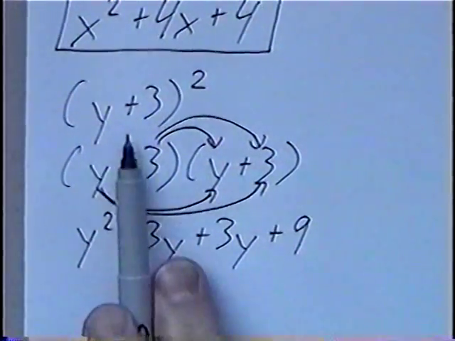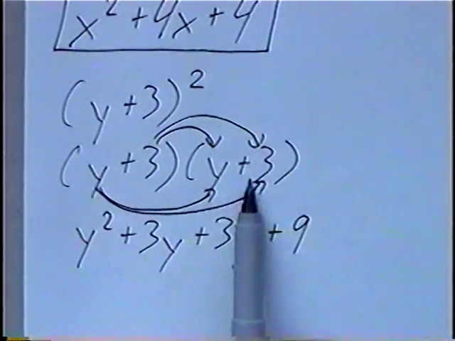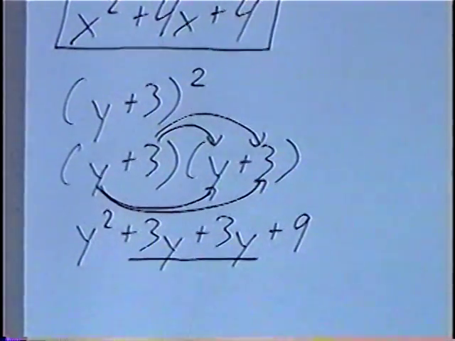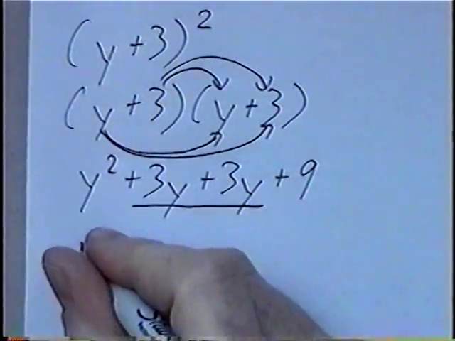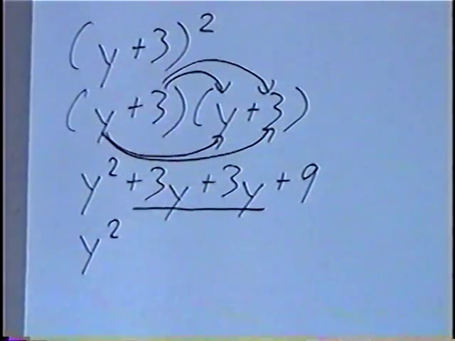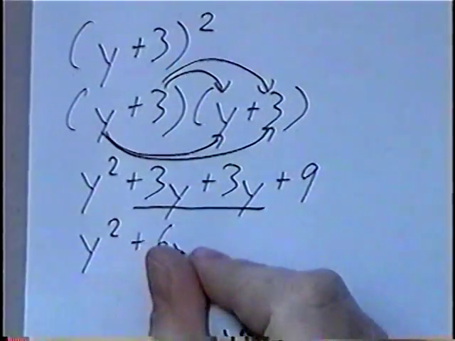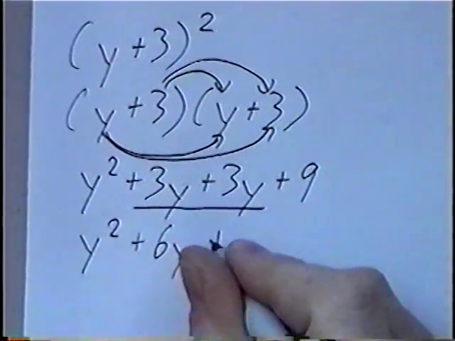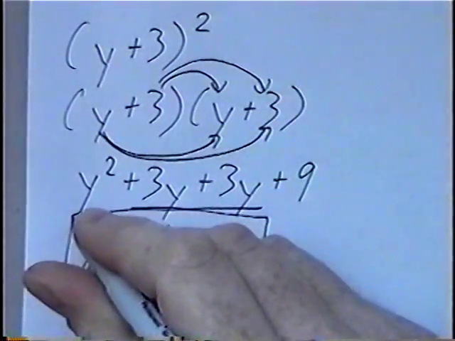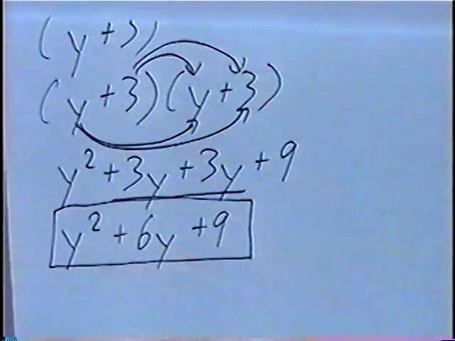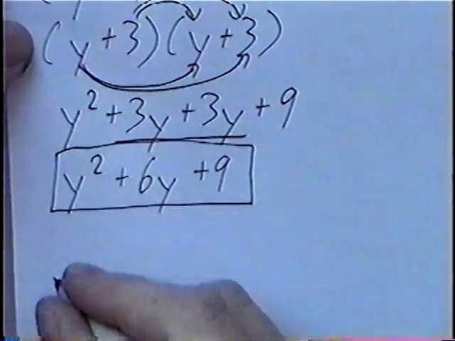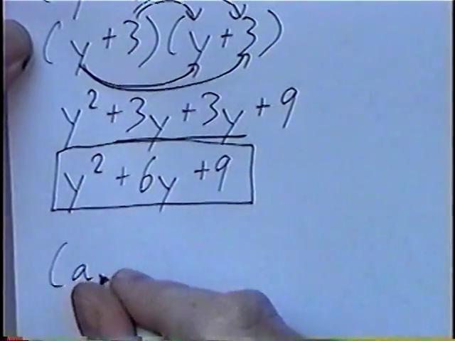And again, when you have the one parentheses squared, or the same parentheses written twice, the middle terms will always match up, and you'll be able to combine like terms. So our final answer, y squared, adding 3y plus 3y would be 6y, and adding the 9, our final answer would be y squared plus 6y plus 9. And last question for the section. Inside parentheses, a minus 4